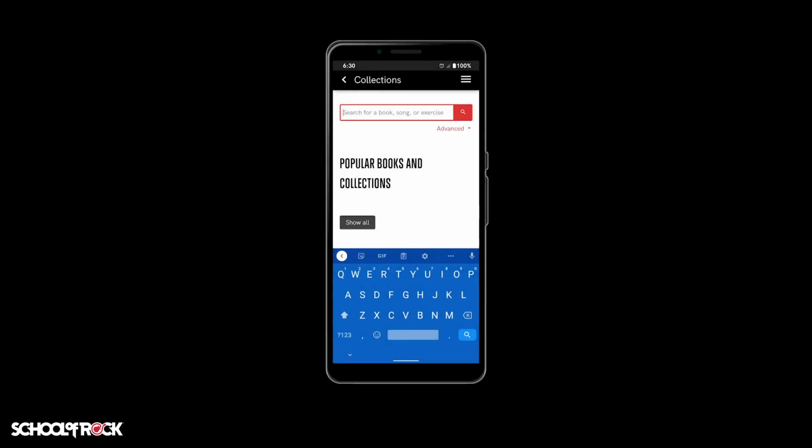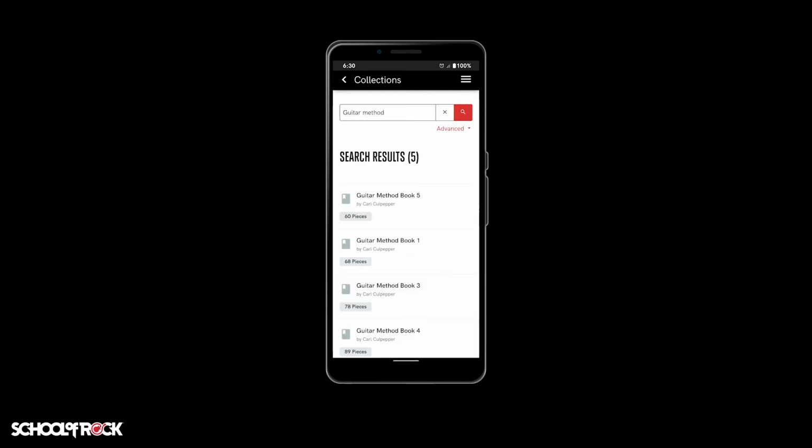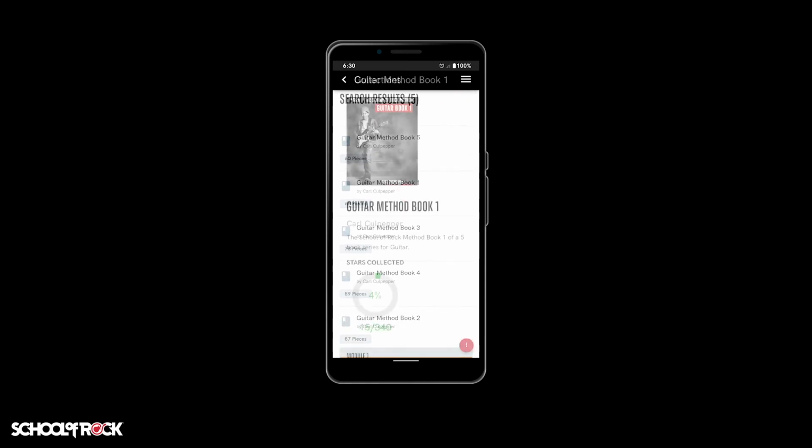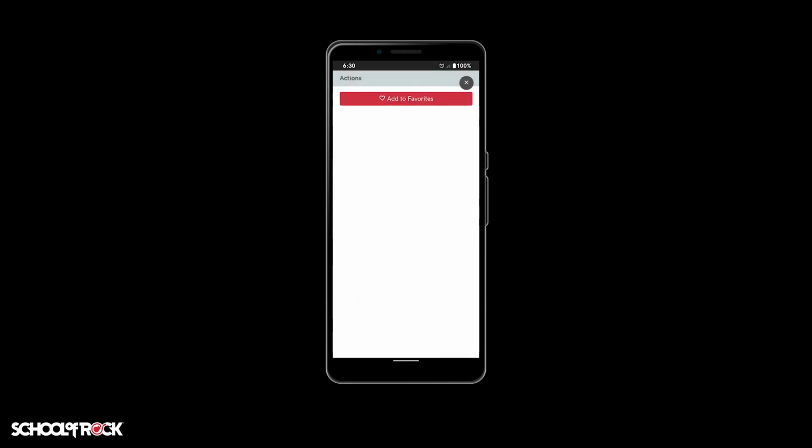Enjoying a School of Rock method book or collection of songs? Add them to your favorites so you can find them again. It's easy. To add an entire method book to your favorites, find it in the Collections page of the app, select it, then use the red circle with the 3 white dots at the bottom right and select Add to